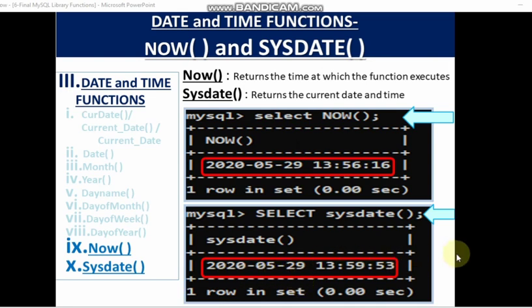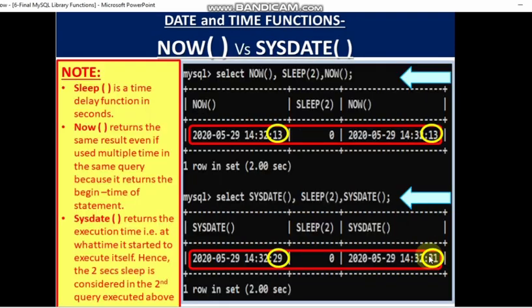Now what is the difference between now and sysdate? Before we understand the difference, let us see another function, sleep. Sleep is a time delay function in seconds. Whatever value you give in sleep, for that many seconds it will stop and then execute again.